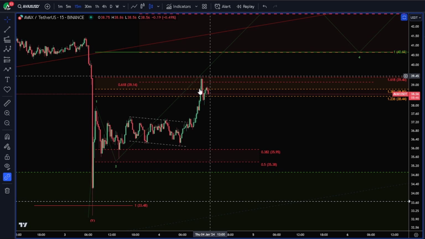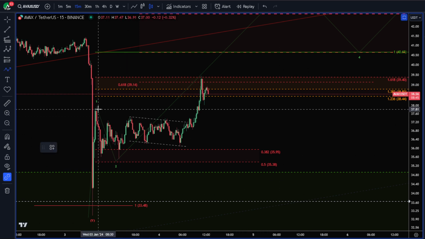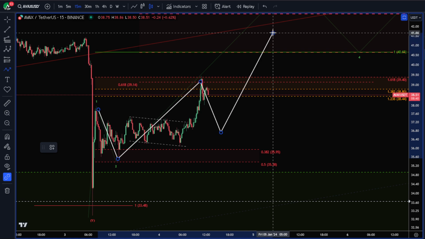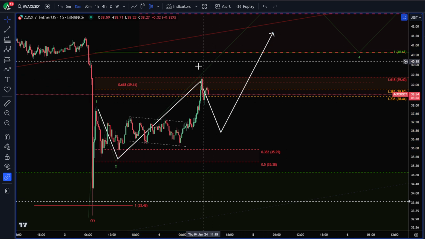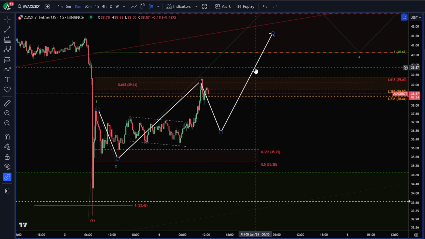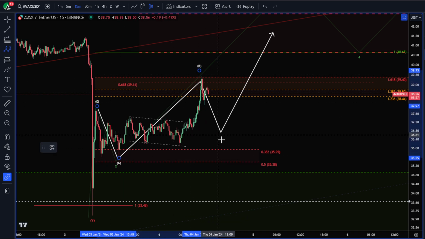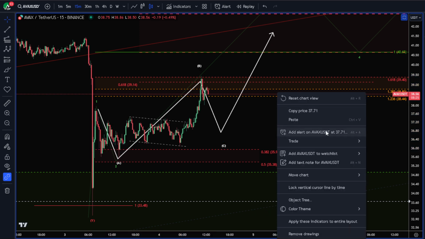We haven't invalidated that this is a 3, 3, 3, and then we come up. We haven't invalidated that yet. That's that 1.618 you see there. We haven't closed above it, which is the invalidation. So this can all be part of a flat pattern, ABC, or